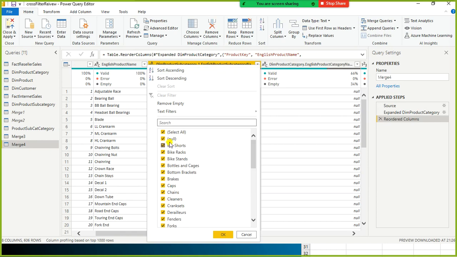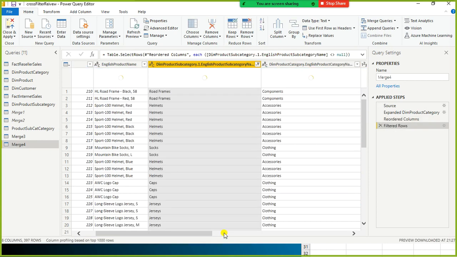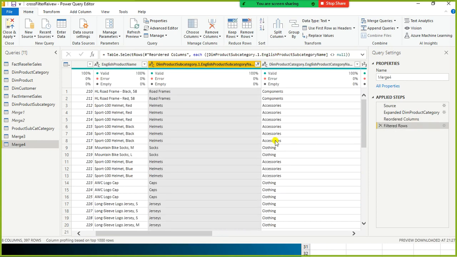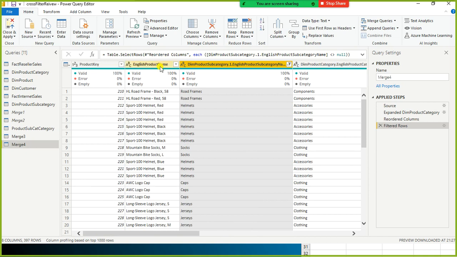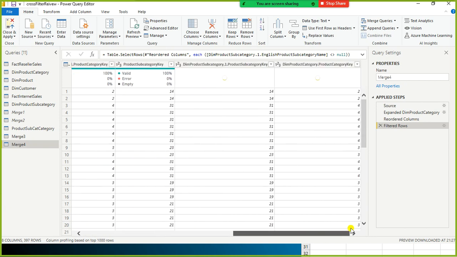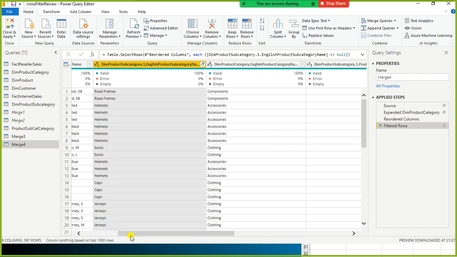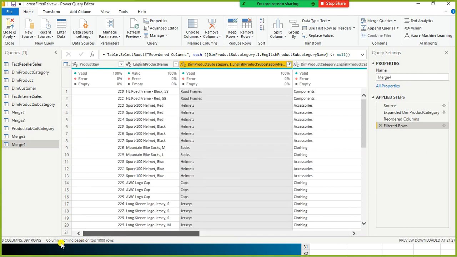I select this. I just wanted to get rid of these blank values. Okay, this is the category components. In this category we have different subcategories, and different types of products are there. Somewhere you will find duplicates. It is not actually duplicate. That's where the SQL query is very helpful, to perform analysis in our own way.